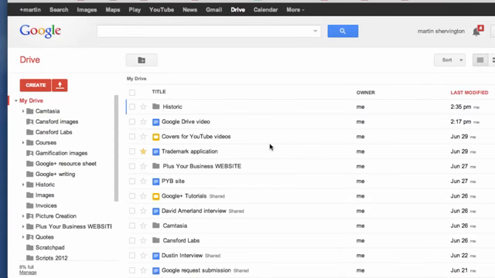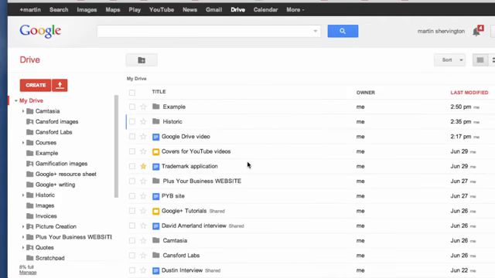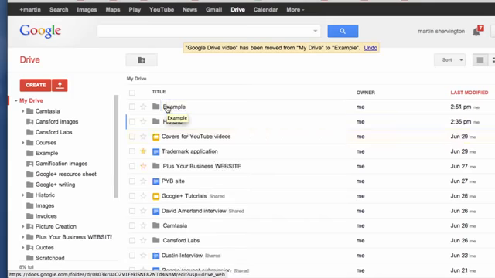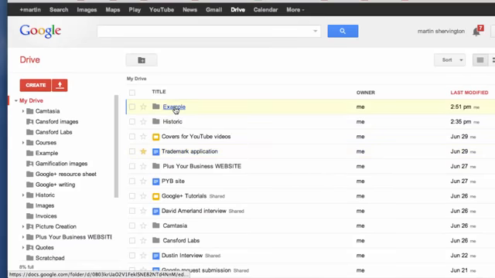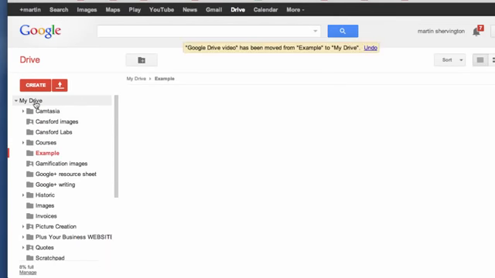Staying with the element of the cloud storage for a little longer, if you click on New Folder, that will add a new folder to Drive, and from there you could click and drag a file into that folder, organizing your own drive. Simply by clicking on that folder, you'll be taken into that folder where you can see your files. If you want to remove a file from a folder, you can drag it to your drive and that will